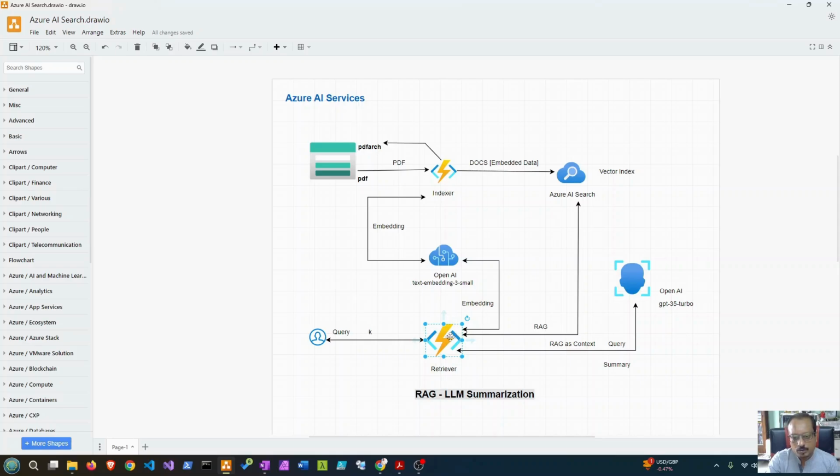Now it will do the same embedding, with the same embedding engine that we use when we are pushing the document. So same embedding model. It will again do the embedding with the query, and this retriever function will search Azure AI Search to get some kind of RAG data output for this particular query. Once the data has been retrieved, the function pushes that context back with the question to